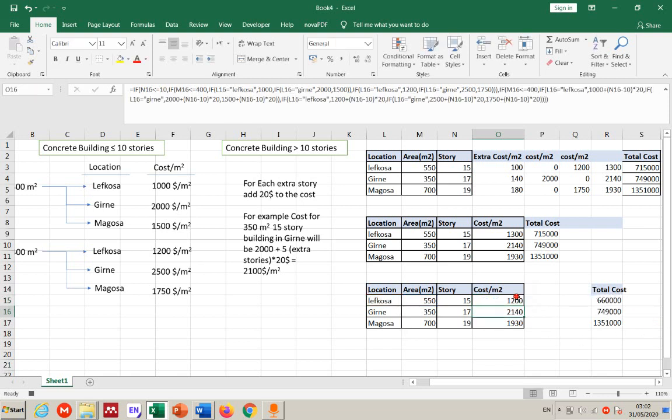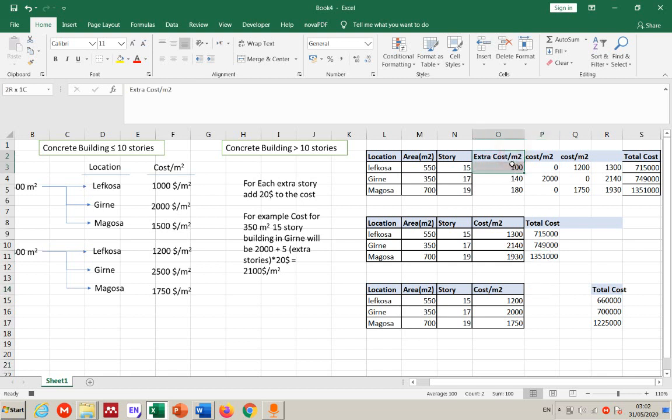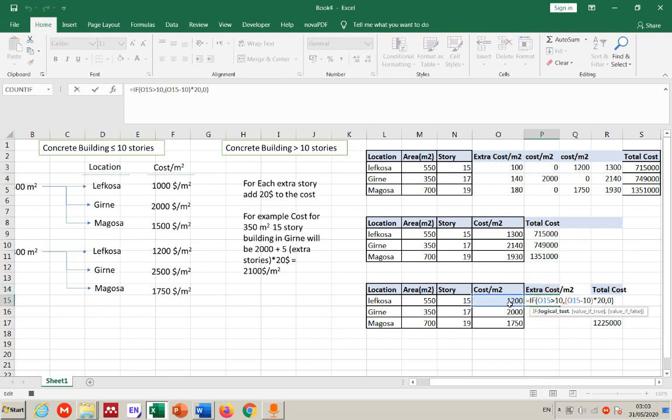Now in here I don't care about the story. This is only the area and the location. So I'm going to add extra cost here. This will be easy for me to do it like this. The extra cost,